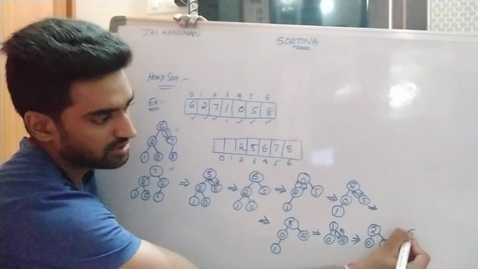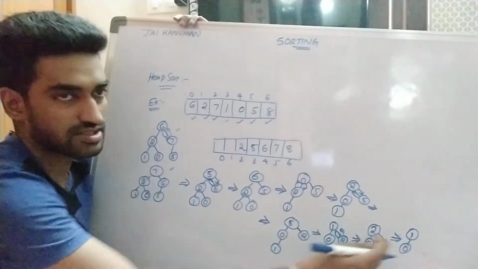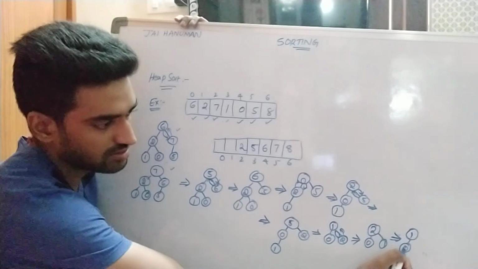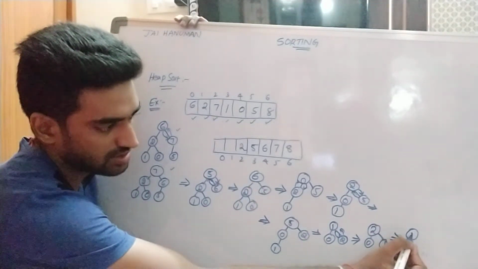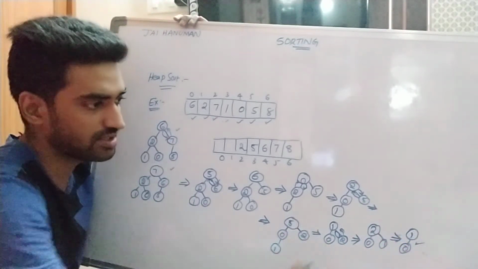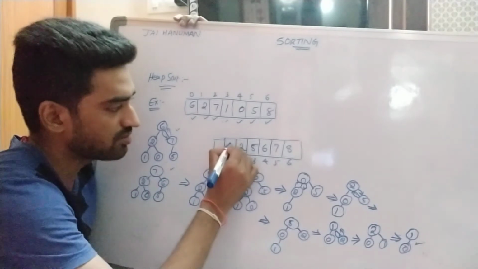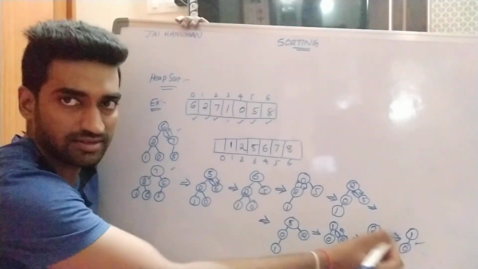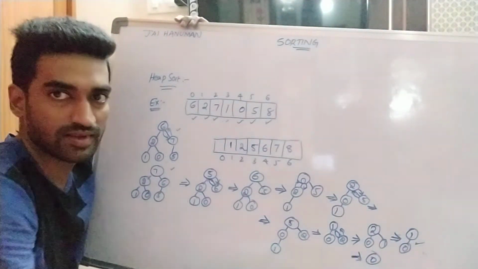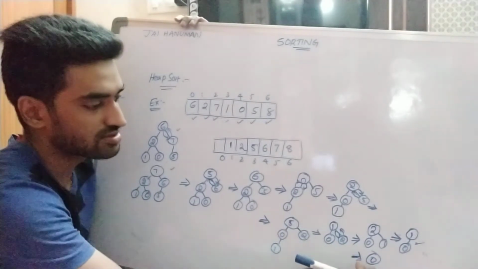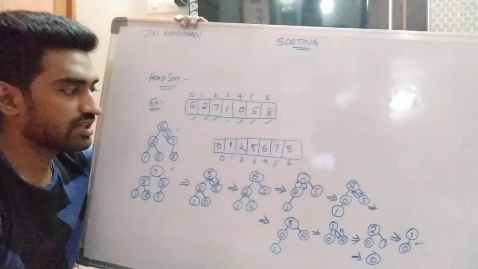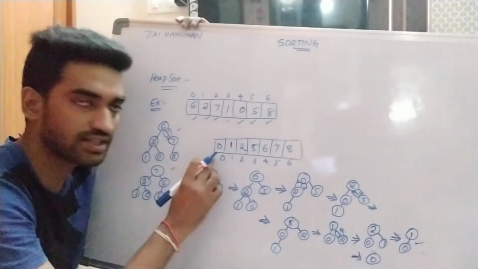Now the tree becomes 1, 0. Does this tree satisfy the max heap tree property or not? Satisfied. Why? Because here the parent node is greater than the children node. So that's why this tree satisfies the max heap tree property. So delete the root node and place it in the sorted array and replace it with the last node in the array, 0. Right? So here we are not applying any comparisons. So directly we can place this element into the array. So finally we get the sorted array.